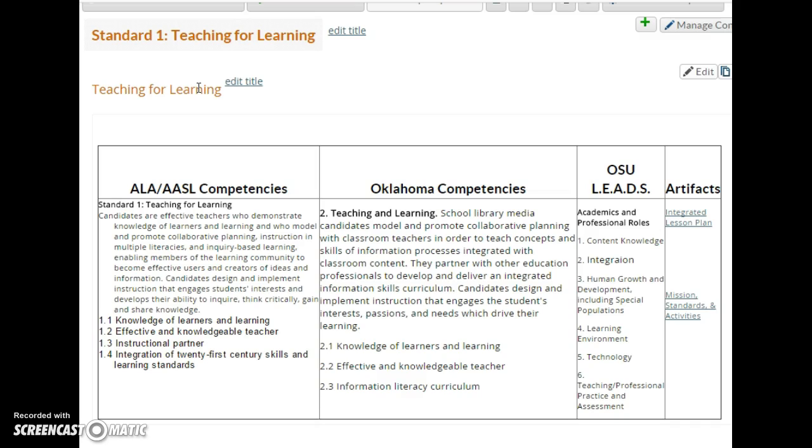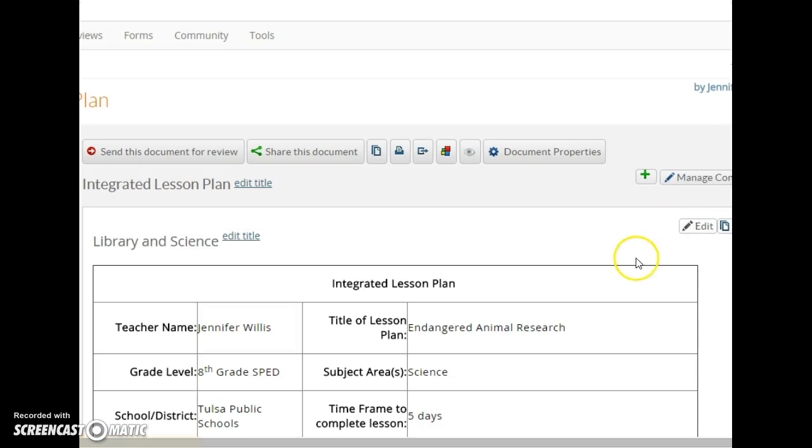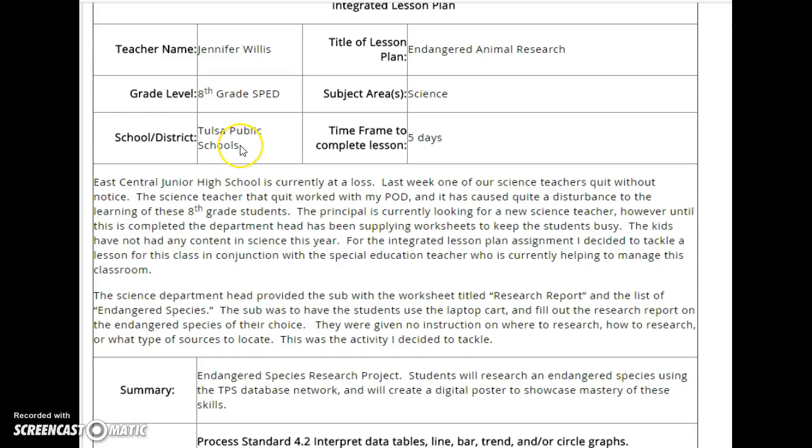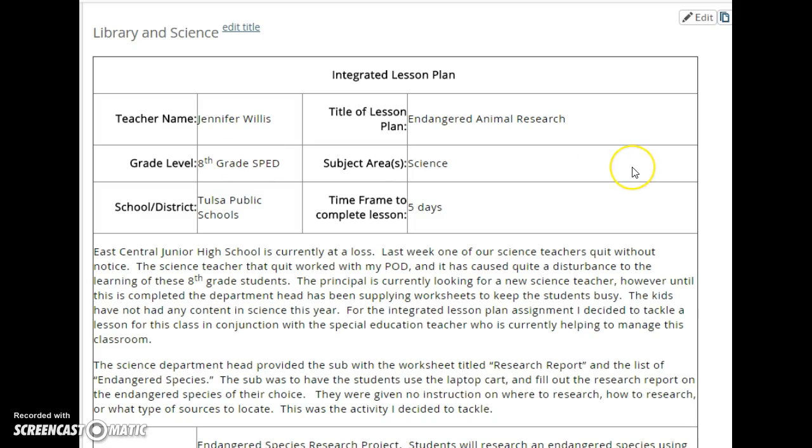I would like to begin with the Integrated Lesson Plan. The Integrated Lesson Plan was created in the fall of 2014 for the Library Science 5013 class. I was going to be the library media specialist, and the teacher that I was collaborating with was an 8th grade special education teacher. East Central Junior High is where I currently work as a 7th and 8th grade language